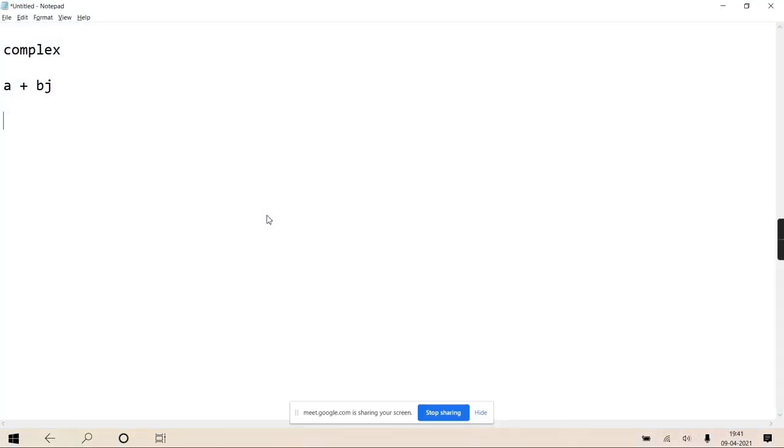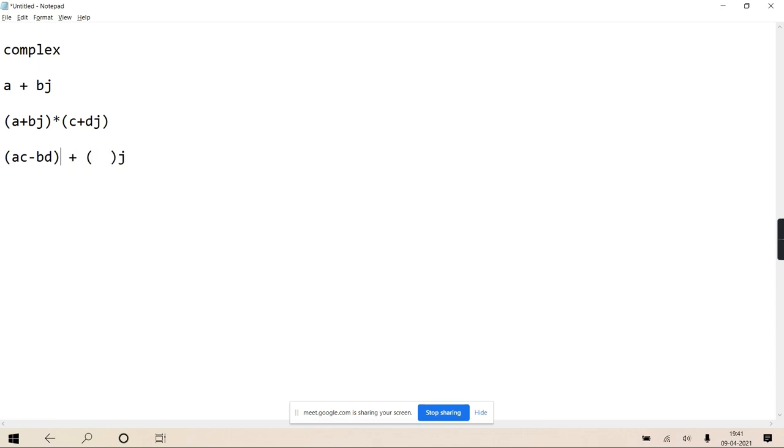Whenever you are multiplying two complex numbers, how do we get the answer? A plus b j into c plus d j. So what is the new real and what is the new imaginary? Always remember the new real is real minus imaginary, that is AC minus BD.